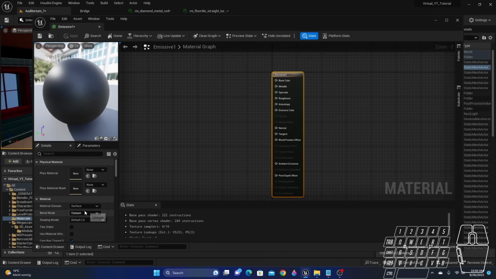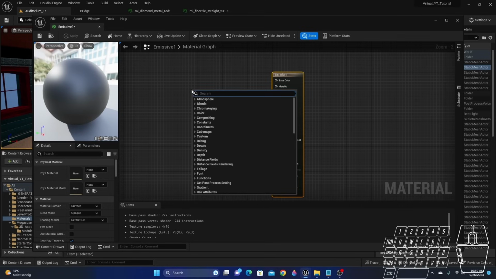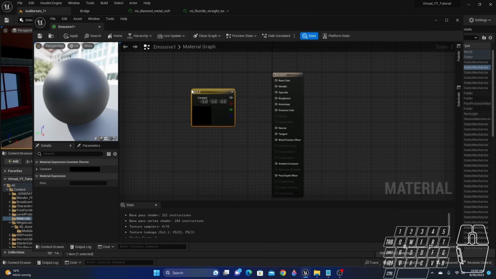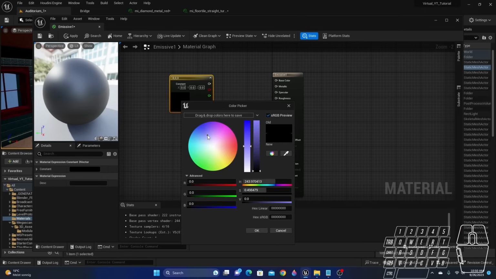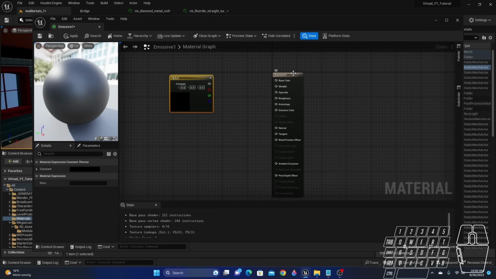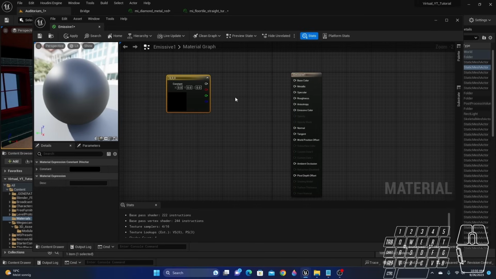On this surface opaque, and now let us get the constant 3 vector. Choose a light blue. This okay, and now